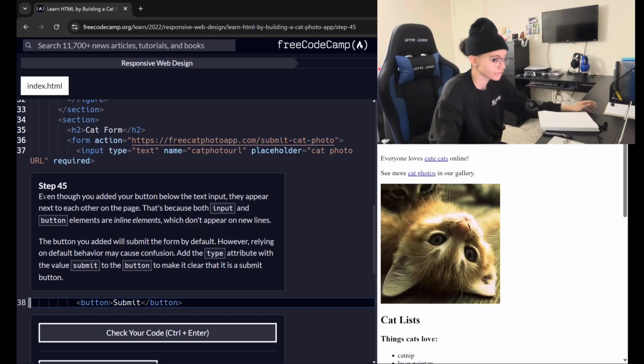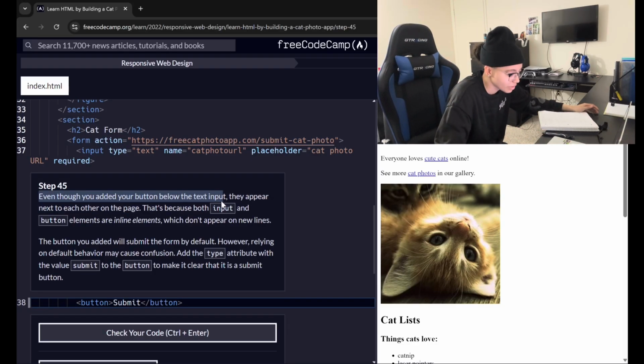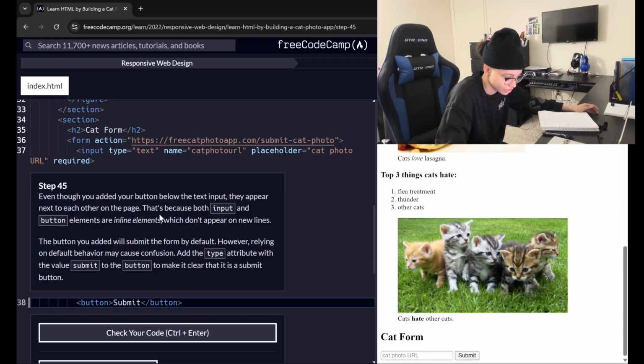So even though you added your button below the text input, they appear next to each other on the page. Facts. That's because both input and button elements are inline elements. Okay, so I gotta make sure I write that down, which don't appear on new lines. The button you added will submit the form by default. However, relying on default